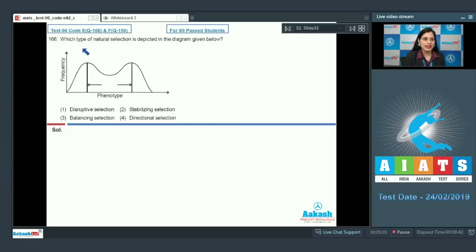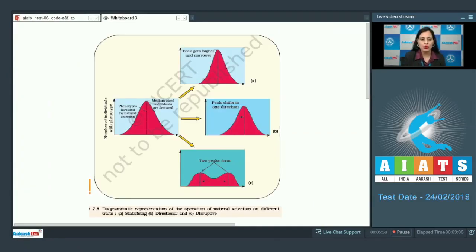Question number 166. Which type of natural selection is depicted in the given diagram below? In this diagram, on the x-axis we have phenotype, on the y-axis we have frequency, and we achieve two peaks. Now if we look at this diagrammatic representation of the operation of natural selection on different traits, we have three types of selection: stabilizing, directional and disruptive. This diagram is given in your NCERT book, and the diagram given in your question is this type,